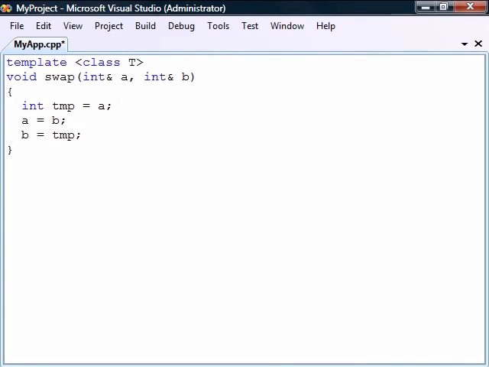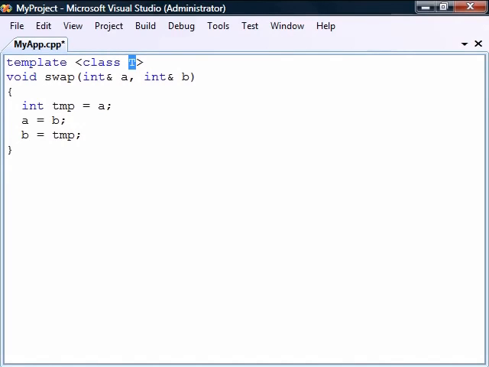template parameter declaration before the function. This declaration includes the template keyword, followed by the keyword class and the name of the template parameter, enclosed between angle brackets. Alternatively, the keyword typename can be used instead of class. They are both equivalent in this context. The name of the template parameter may be anything we want, but it's common to name it with a capital